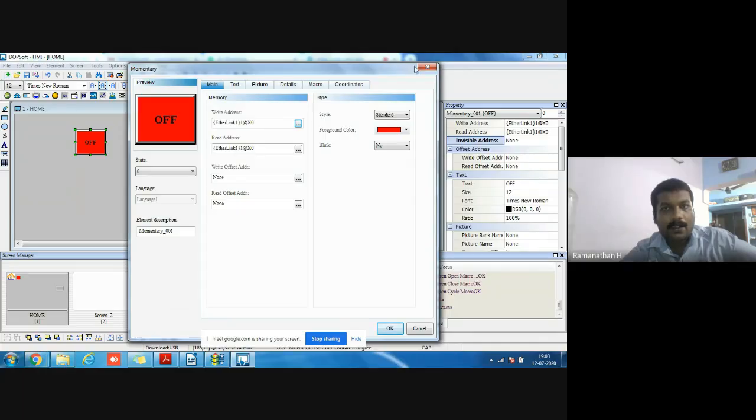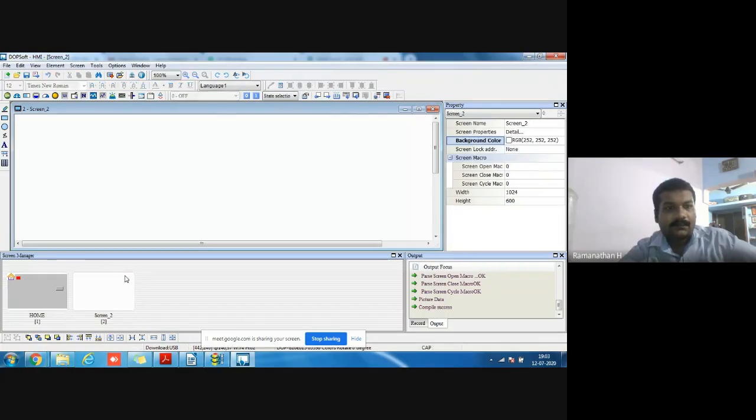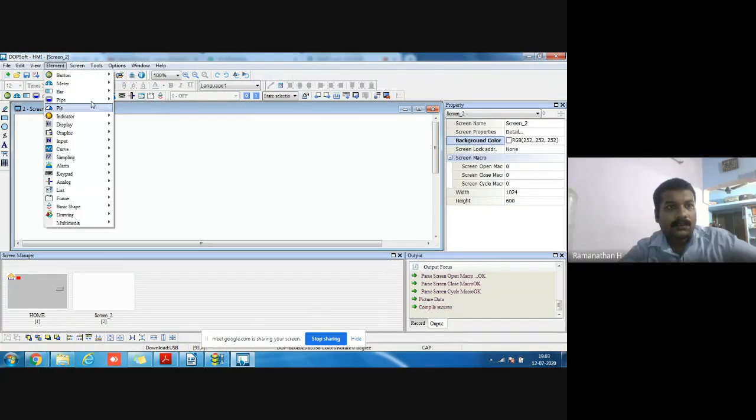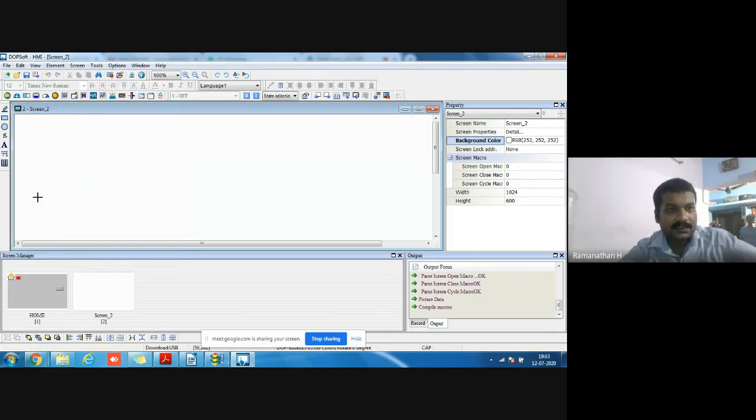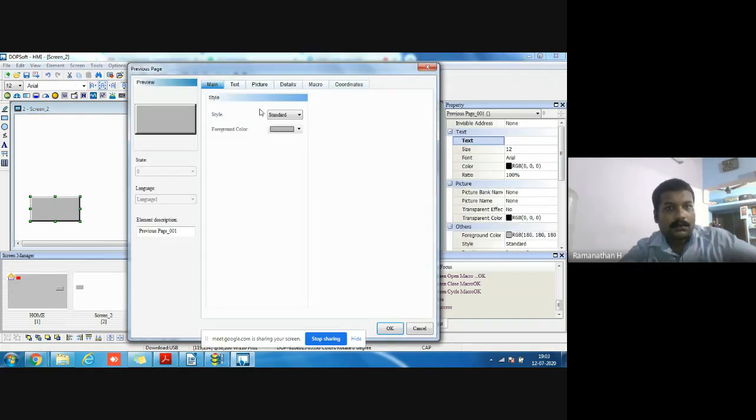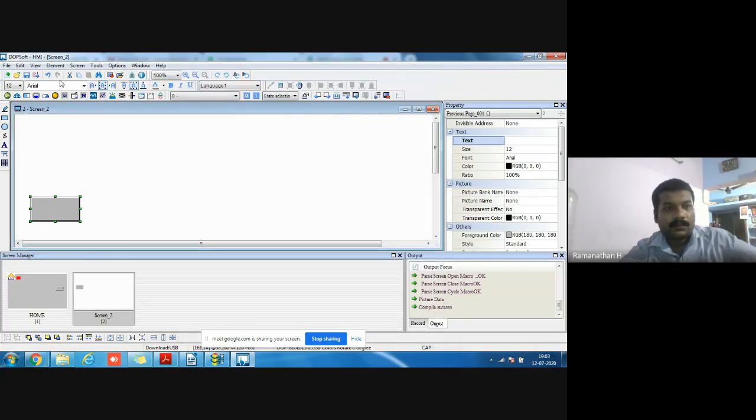Okay, and in the second screen, I give the button previous page. Now I simulate.